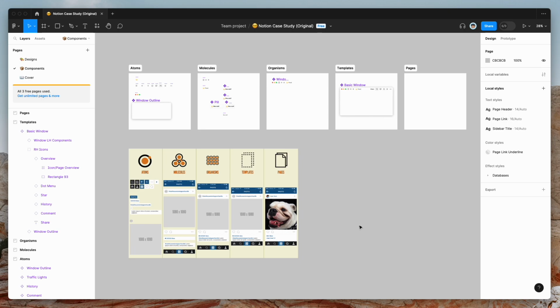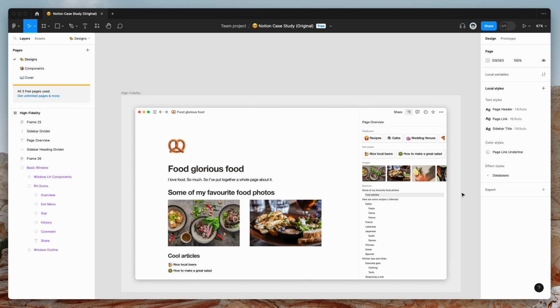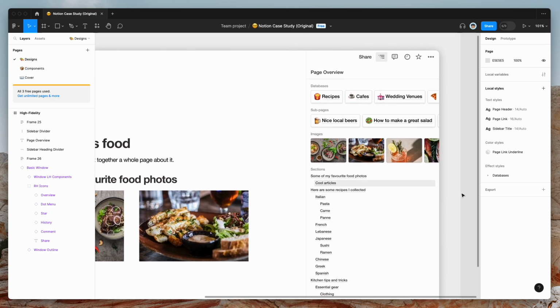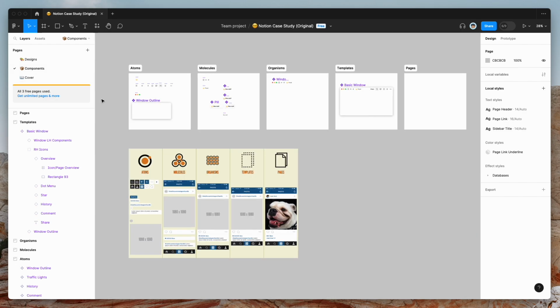I'm Phil Sayer and this is part 2 in my mini-series on how to take your design systems in Figma to the next level. Last time we had a look at this case study that I've done building a hypothetical new feature in Notion, and we took the complete mess of components that were just scattered all over the canvas